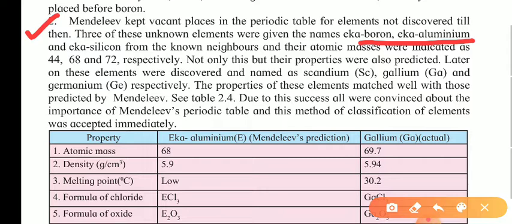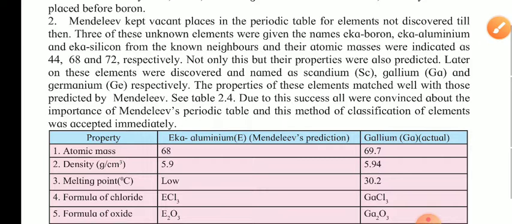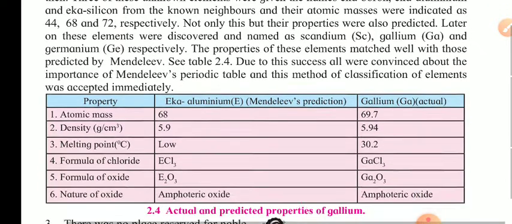Not only these elements, their properties were also predicted. Later, these elements were discovered, and they were scandium, gallium and germanium respectively. The properties of these elements matched what was predicted by Mendeleev. Due to this success, everyone was convinced that this table can be considered a proper classification of the elements, when these elements were discovered and they found that what he predicted